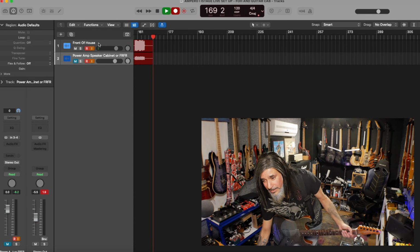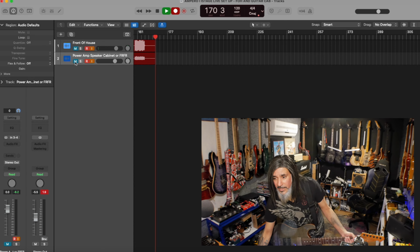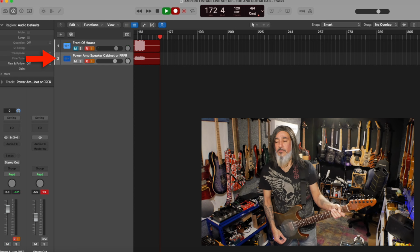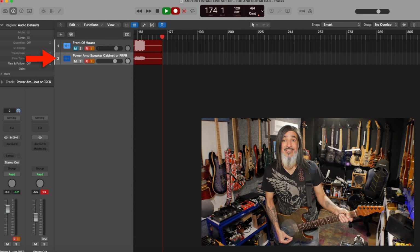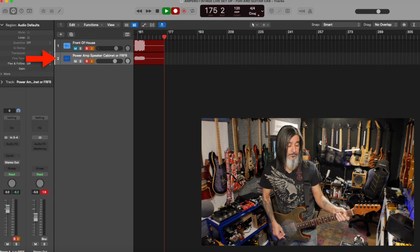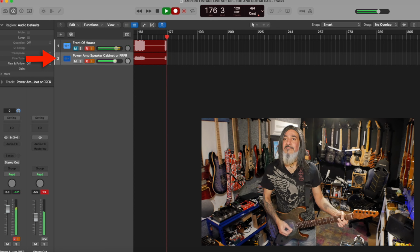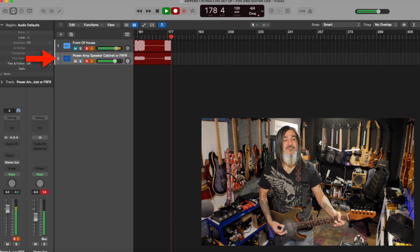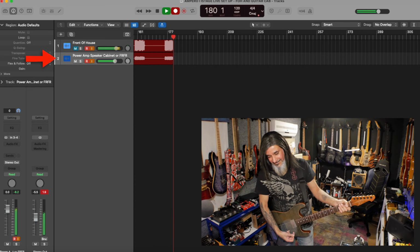So imagine that going into the front of house. Sounds fantastic. Alrighty, what I'm going to do is switch over on Logic now, and I'm going to mute the front of house and unmute the power amp speaker cabinet or FR channel. Now this is what's coming out of the FX Send. Which sounds like a fuzzy, horrible mess right now because there is no impulse response on that signal,